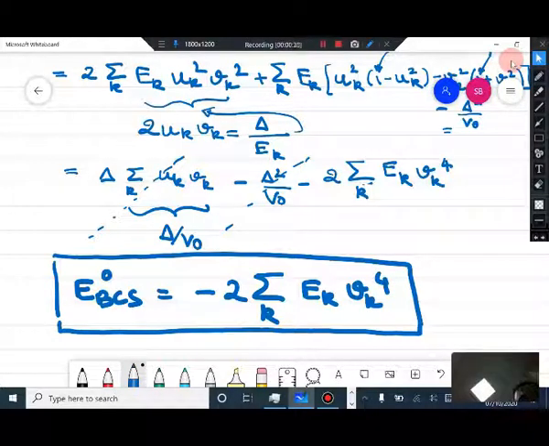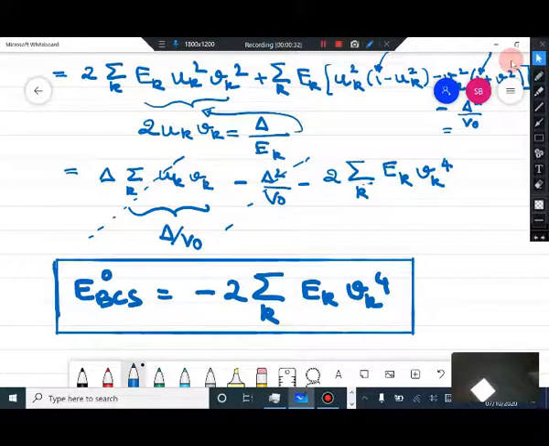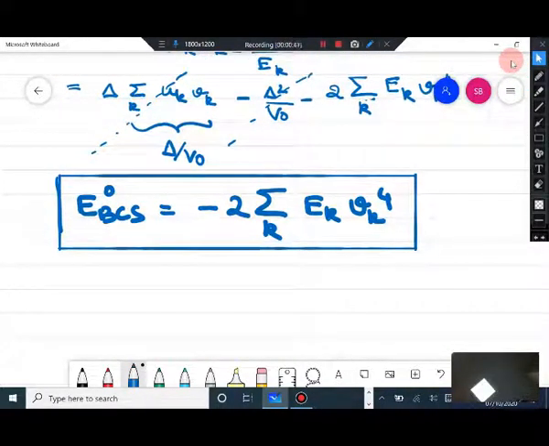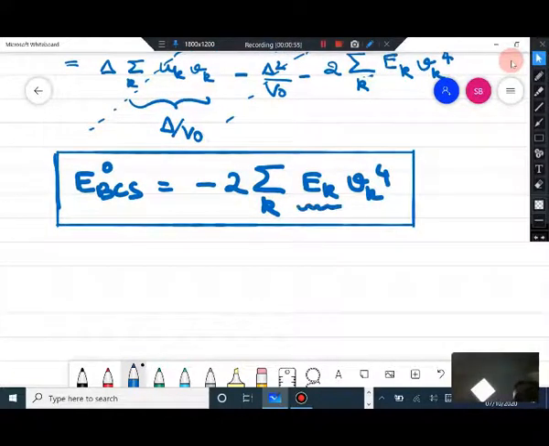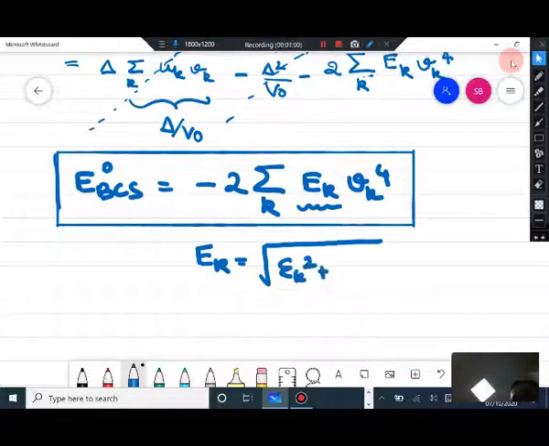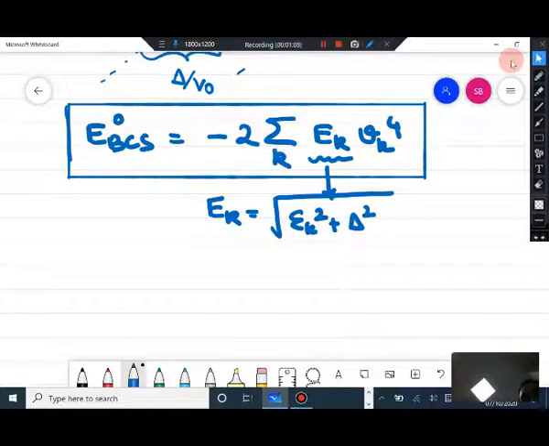Okay, this is the total energy of the ground state of your BCS, where you are summing over all momentum states which are around the Fermi energy within h cross omega D of the Fermi energy. And this is the total minimum energy of the BCS ground state. Okay, now having obtained this, let us calculate the first excited state energy, and we will get an interpretation for this energy term Ek, which, if you recall, was square root of Ek square plus delta square. Okay, so we would like to interpret this energy. What does it mean? What does it correspond to?